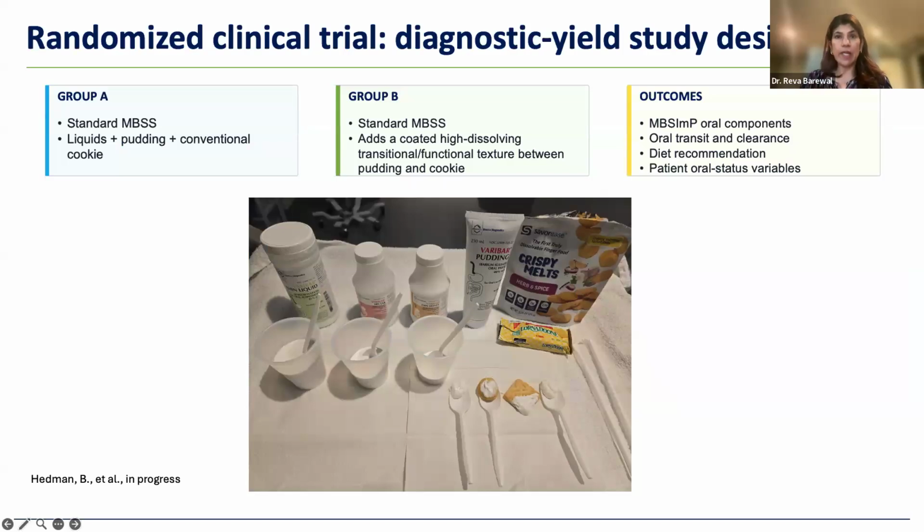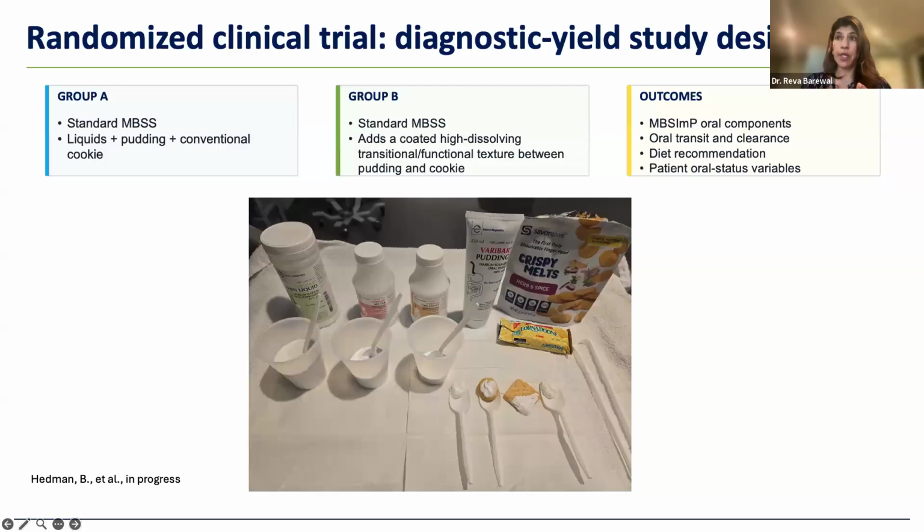So the study is a randomized clinical trial, and of course it's a diagnostic yield study to say whether this trial of a transitional solid is going to help with understanding the impairments that patient presents with, and might even change their recommendations for the texture modified diet. Arm group A was a standard modified barium swallow study following the MBSImP, where you have the